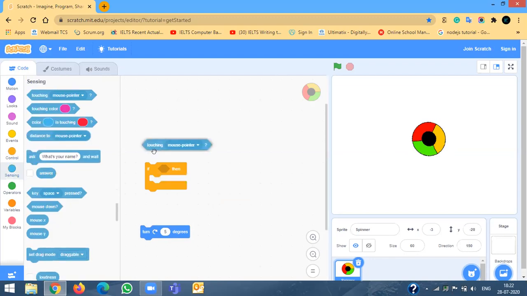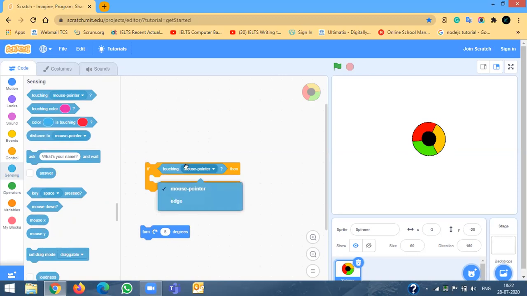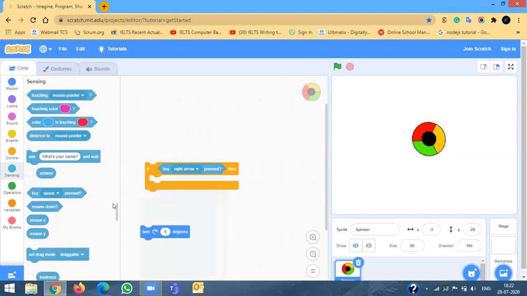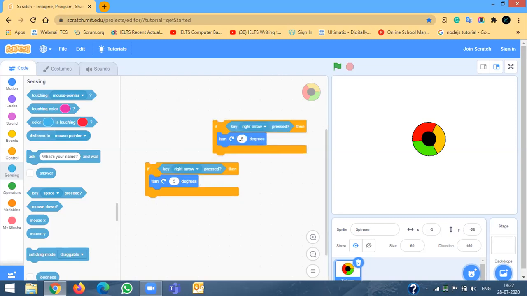If key pressed is right arrow, then turn by 5 degrees. If key pressed is left arrow, then turn in the opposite direction by 5 degrees.